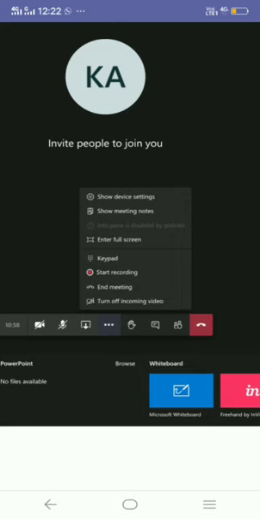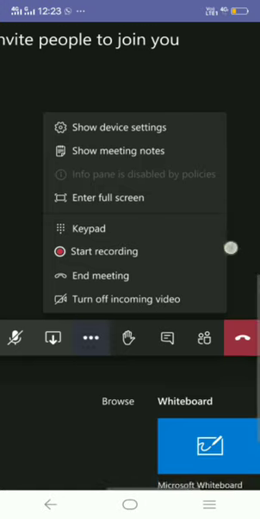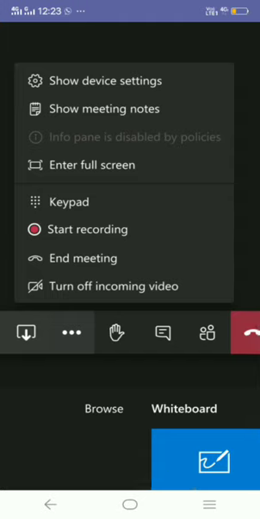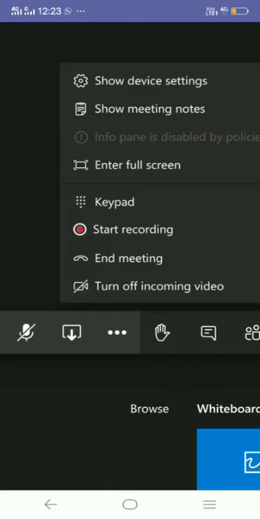And then you may face a problem because everything will be recorded if you do not click on this button. And one more thing to remember is that here you will get the option of end meeting. If you simply click on this red hang up button, then you will be out of the call, but the meeting will still continue. The students will be able to connect with each other, but you will be disconnected through this button. So if you want to end the meeting which was started by you, then you have to click on this end meeting option. Only then will the meeting end.